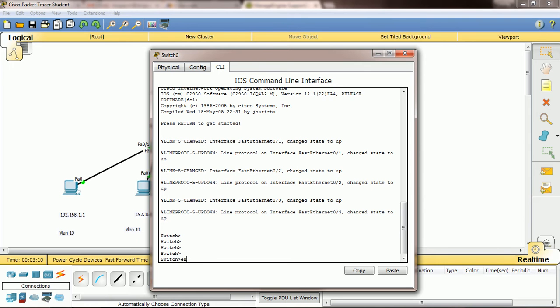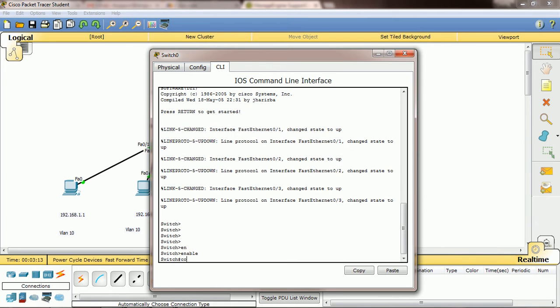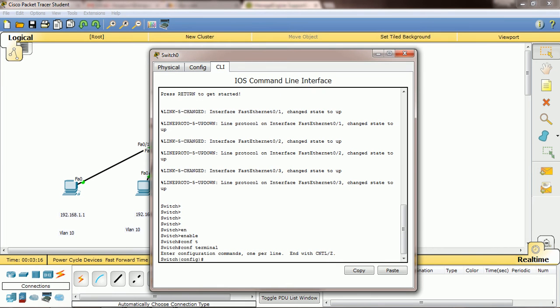Once we enter in, we type enable and config terminal. Before enable, this is user mode, then enable is privilege mode, and config terminal is global configuration mode. In global configuration mode only you can do any configurations, and in privilege mode you can display commands like show running config or show interface. What configurations you did, you can view there. I will show how to do that also.